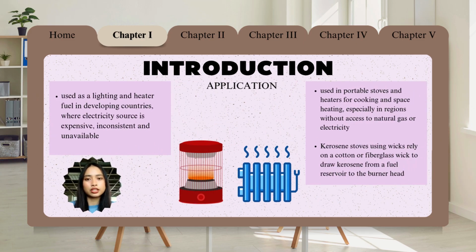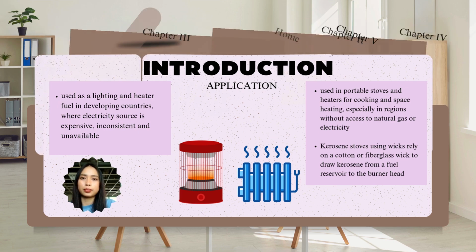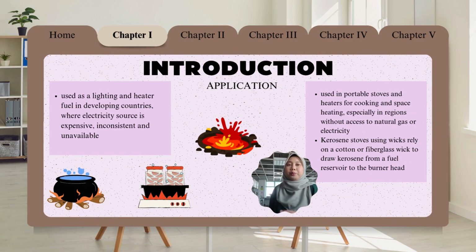Next, for the application. First, kerosene is used as a lighting and heater fuel in developing countries where electricity is expensive, inconsistent, and unavailable. Kerosene is widely used in portable stoves and heaters for cooking and space heating, especially in regions without access to